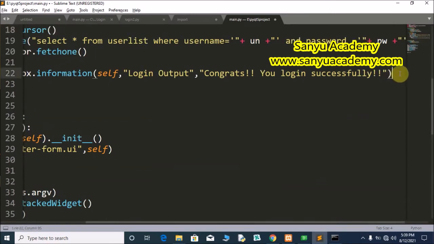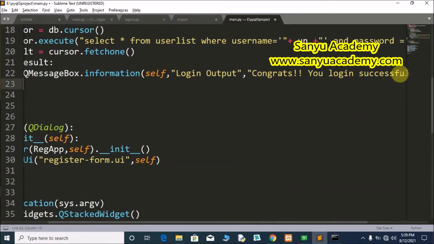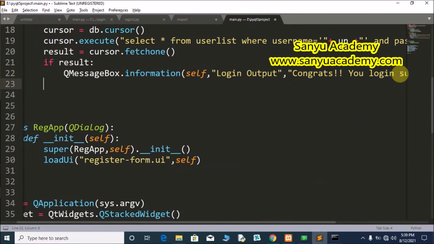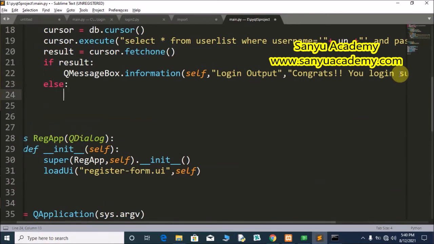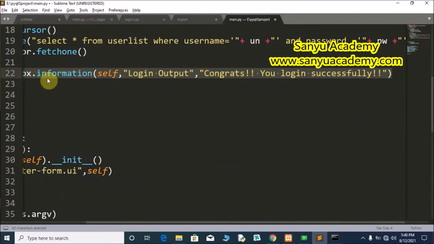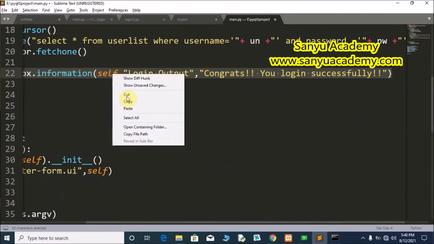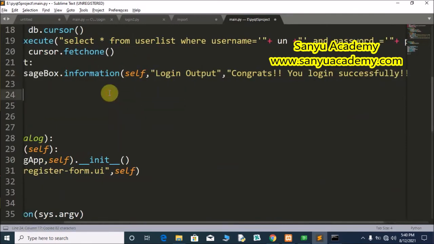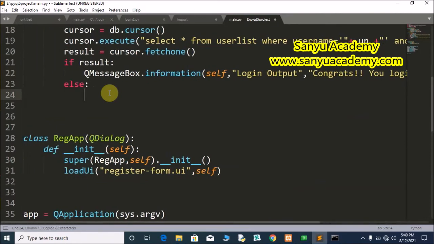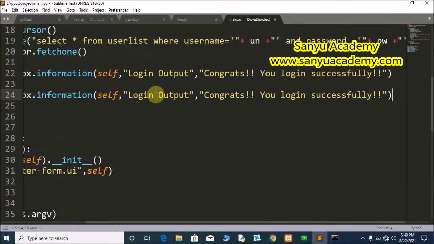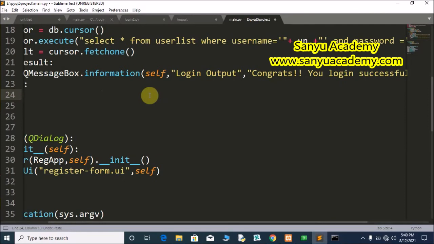If the username is not available, we can check it through else. We can copy this statement, copy, paste, right click, paste.